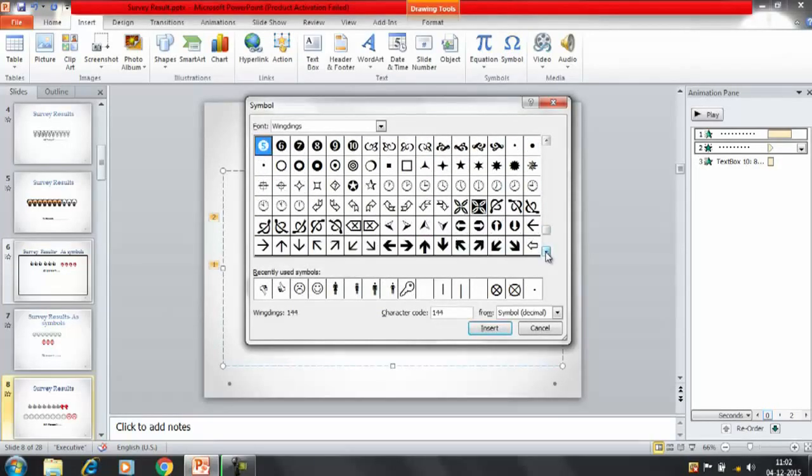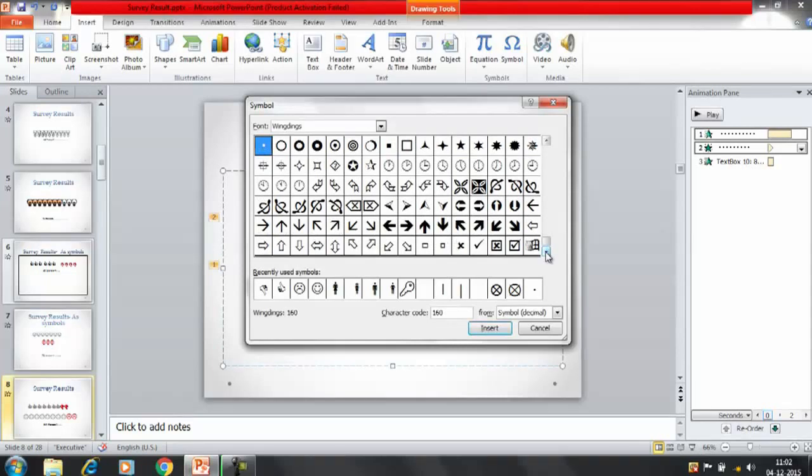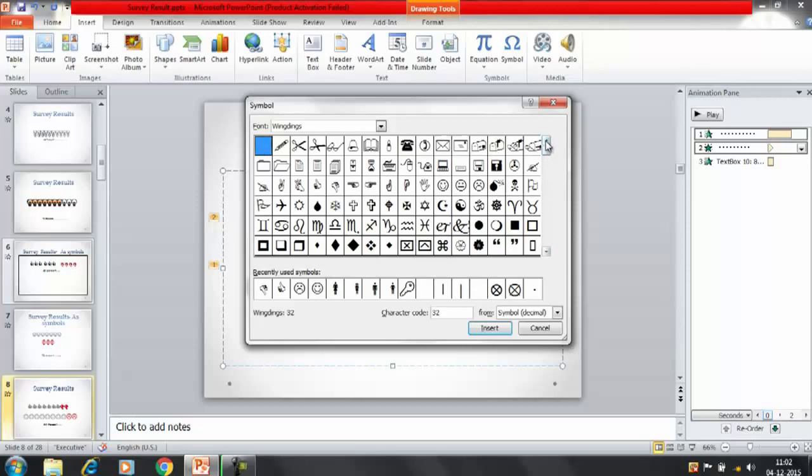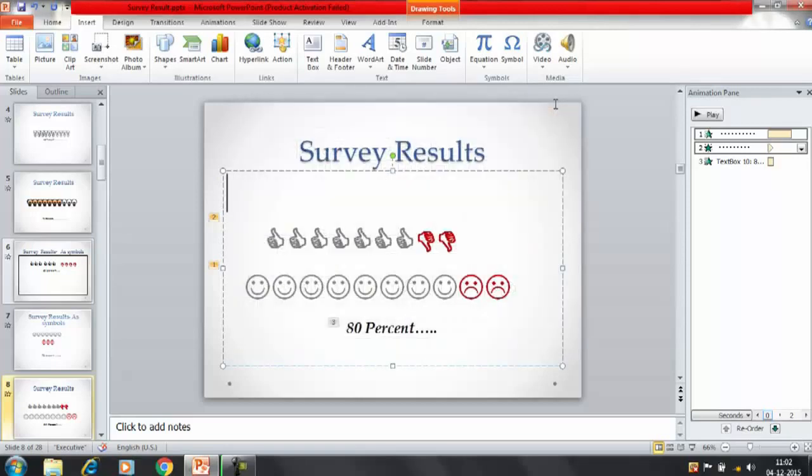There are a lot of symbols, and you can apply certain innovation steps, innovating things like the check mark or the cross mark option are also available here if you want to show them as tick for all the yeses and cross for the no, and many more. So you can apply your own innovations here, and you can display the survey results with the help of the symbols also. So that was it for this session.